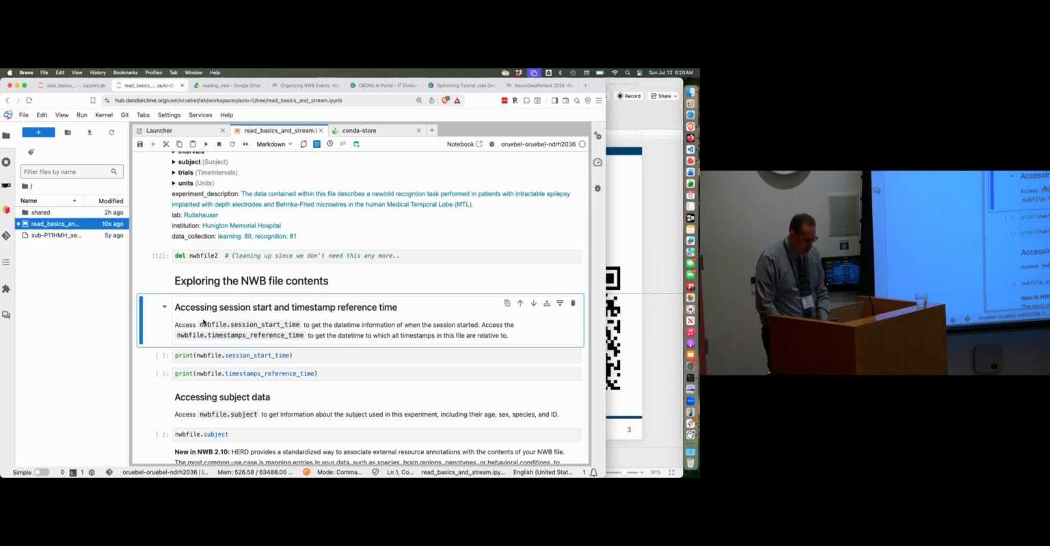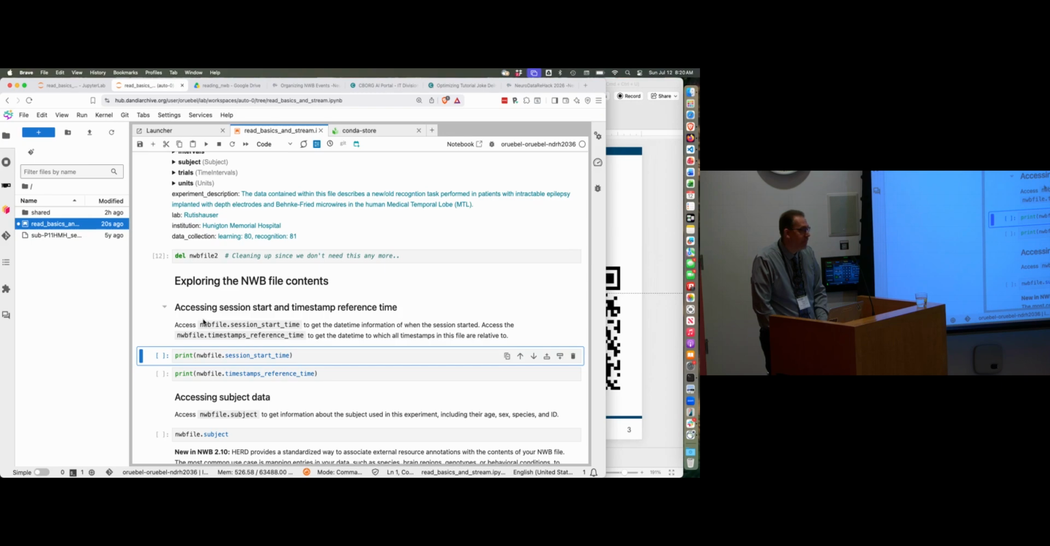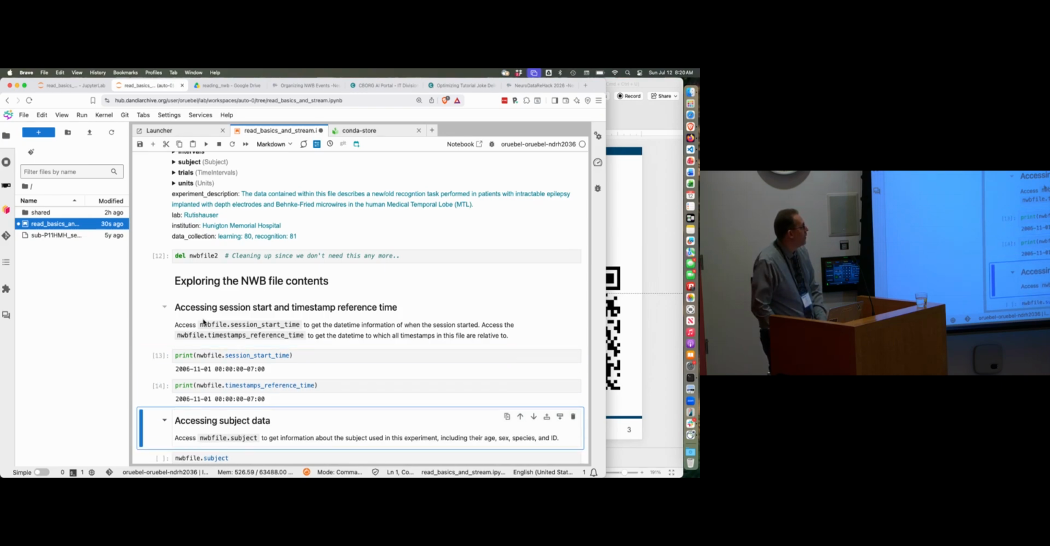The first thing we have here is these two times. There's a session start time and a timestamp reference time, right? So these are two different datetimes. The session start time tells you when the session that this NWB file represents started, right? And then the timestamp's reference time tells you what timestamp all the other times in the NWB